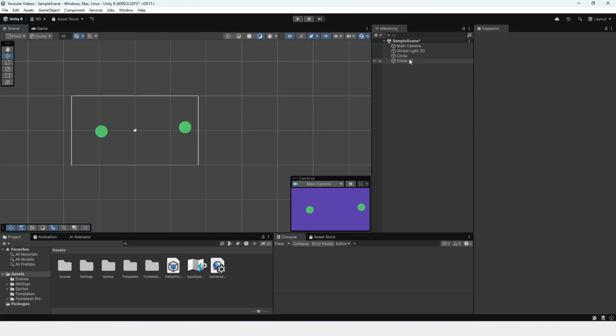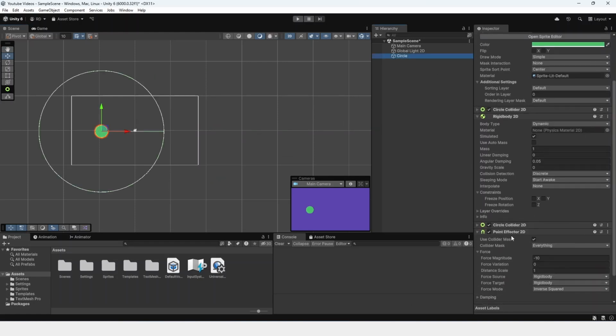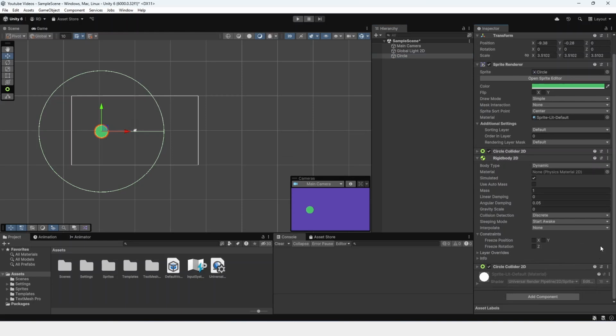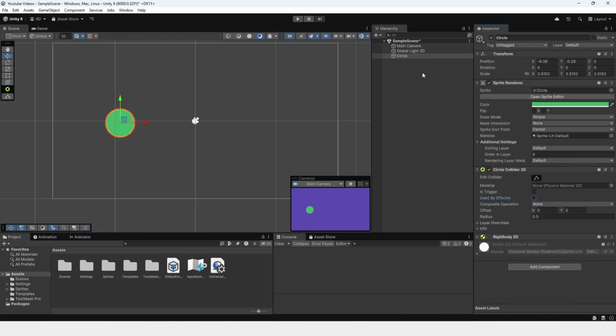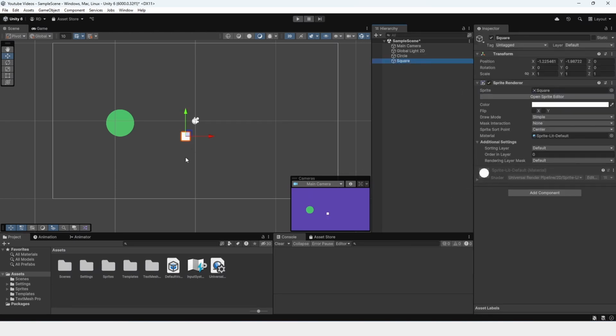And next up is the buoyancy effector. I'm going to delete the other circle, and for this I am going to remove the point effector and remove the other circle. Once we've unchecked those boxes, I'm going to create another 2D object, a sprite and a square. This I'm just going to drag across the bottom,